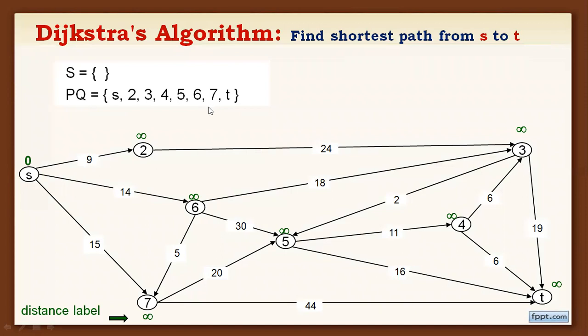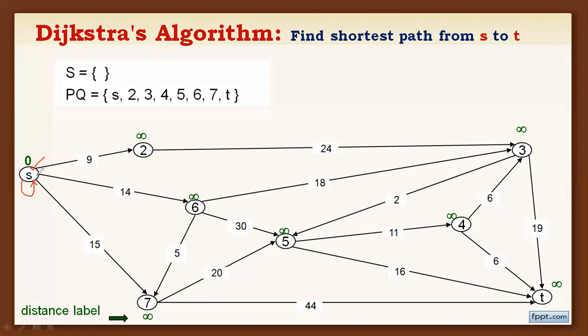Now, whenever you are planning to solve the given problem, find the distance of each and every vertex, whether it is directed or undirected. First find the distance from vertex S to S. The distance from vertex S to vertex S is 0. Why? Because it is considered a self loop. In this case, the cost is 0.